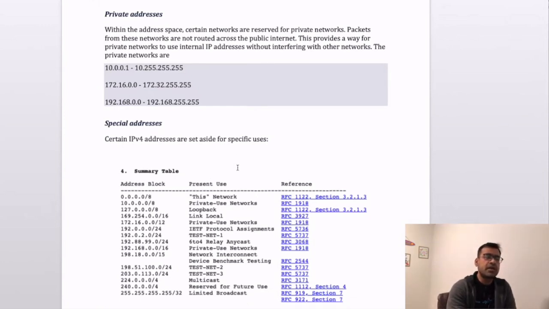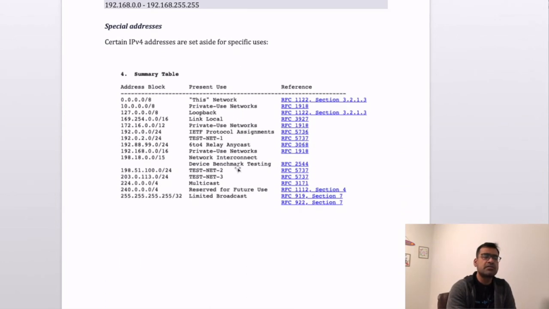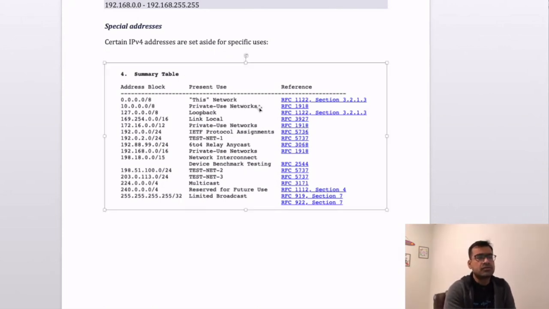But other than these private addresses, there are some addresses which are set aside for specific uses. This is a very good illustration here. You can see it also highlights the private use networks, as I mentioned earlier: 10.0.0.0/8, 172.16.0.0/12, and 192.168.0.0/16. These are private, but other than that, you can see that there are a lot of networks like